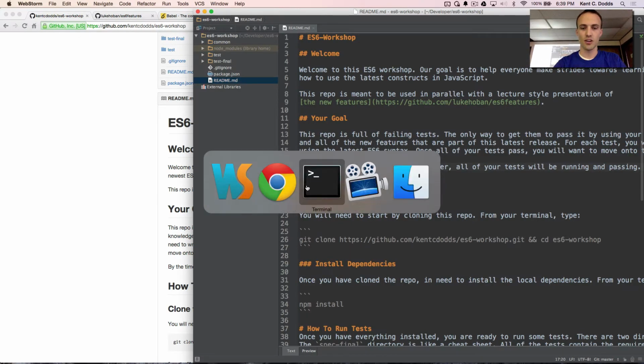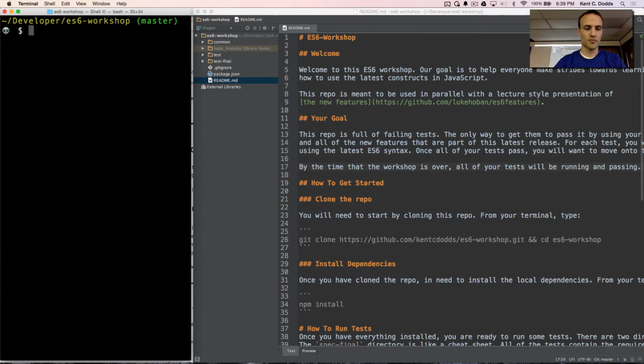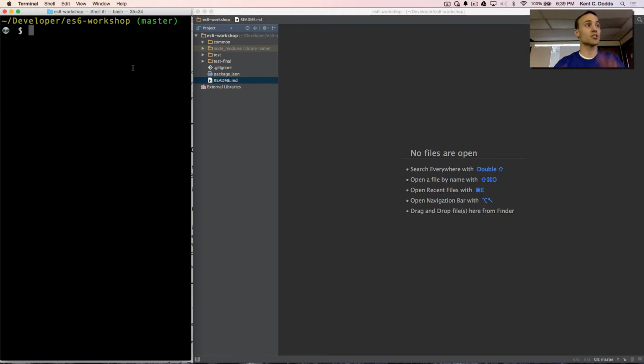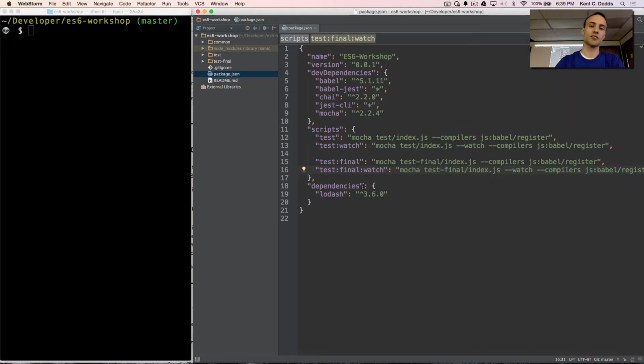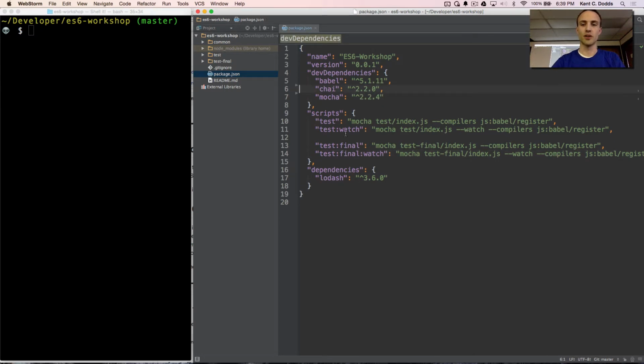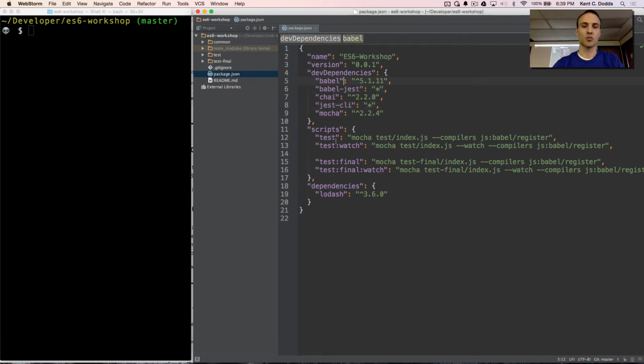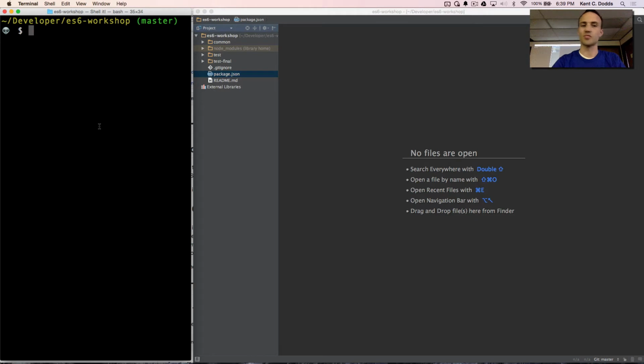So here, I've got my terminal, I got my editor, life is good. If you were to just clone this initially, you'll want to run npm install, or pro tip, npm i is the shortcut for that. It'll install a couple of the dependencies that we have here in our package.json, and just kind of glaze over that. In fact, we don't even need this dependency or this dependency anymore anyway, so whatever. But yeah, glaze over that. That's not important to ES6. That's just important to your salvation. No, just kidding. But it'll install some dependencies for you.